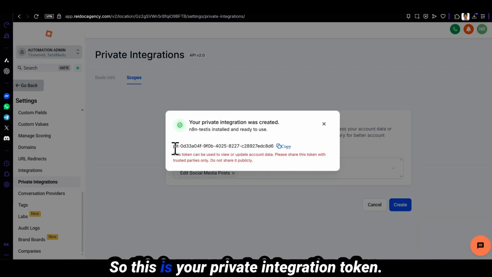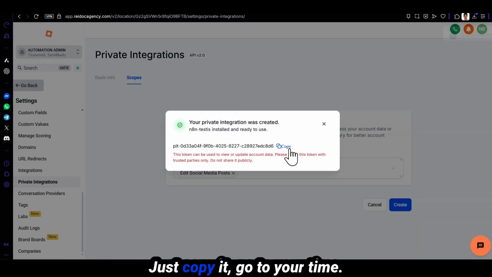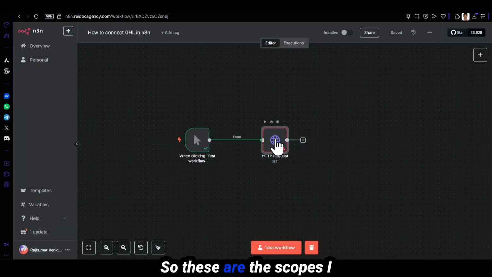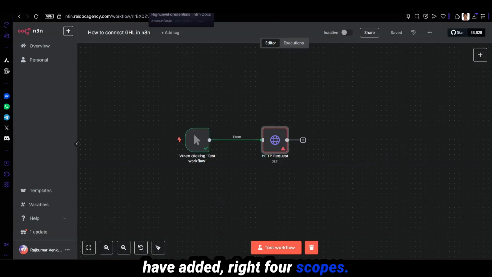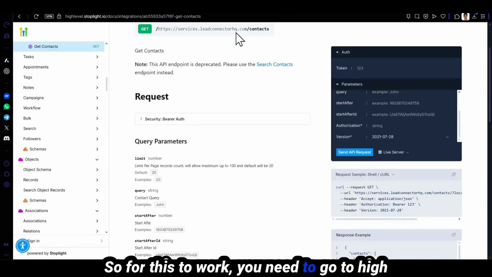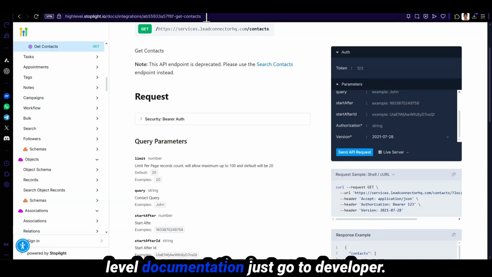So this is your private integration token. Just copy it. Go to your n8n. So these are the scopes I have added, right? Four scopes. For this to work, you need to go to the HighLevel documentation. Just go to